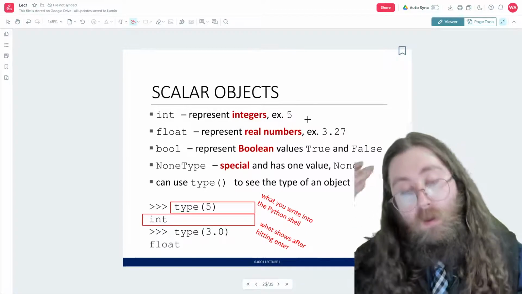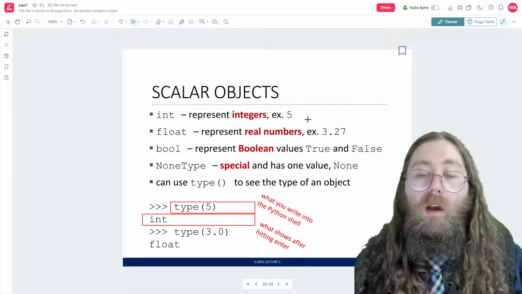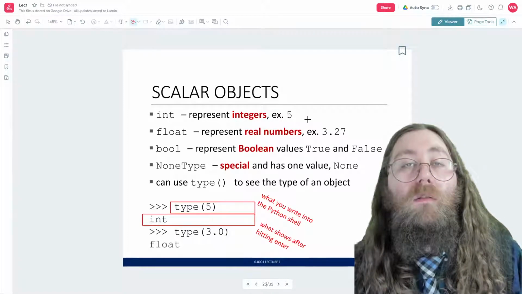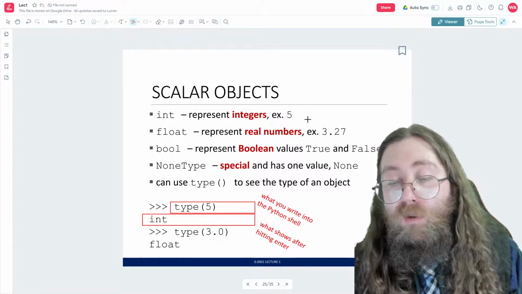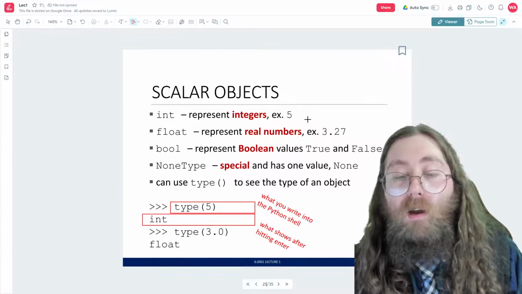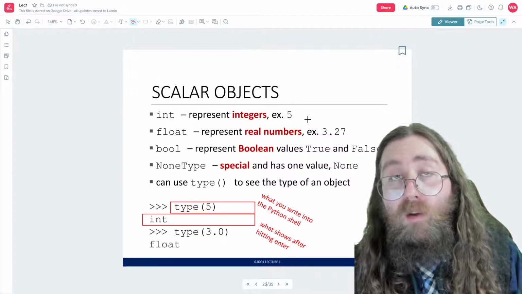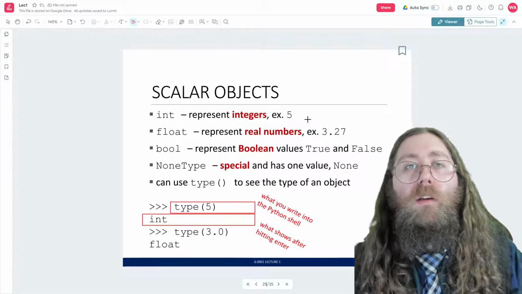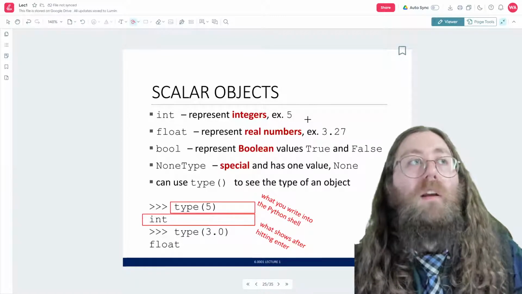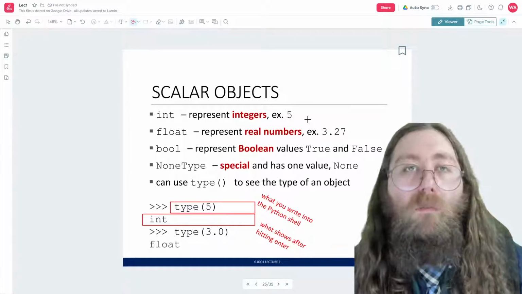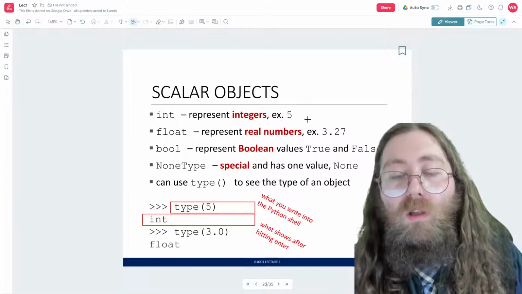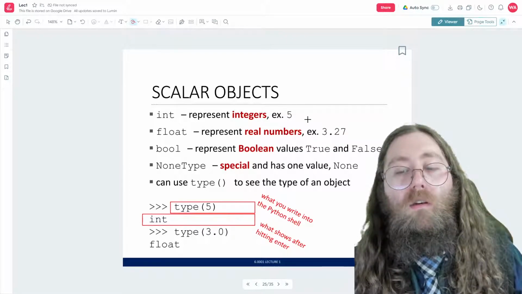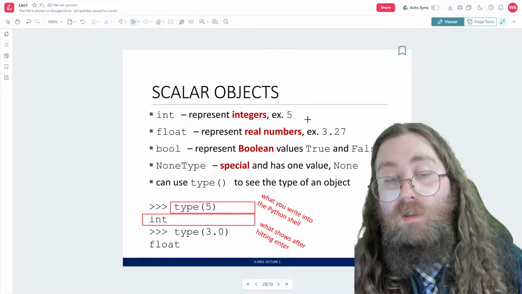Those are floats. Bool is a type of object that represents Boolean values. Now, if you haven't heard about Booleans, what an exciting moment for you, right? Booleans are true or false values, and we use these a lot in programming. They are very important for helping us organize our procedures, our imperative knowledge, our algorithm, right? And we're going to use those a lot when we get into the next session, which is about iteration, and I think we maybe do conditional statements there.